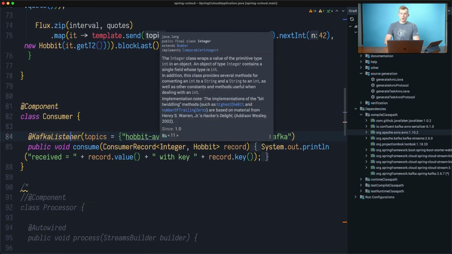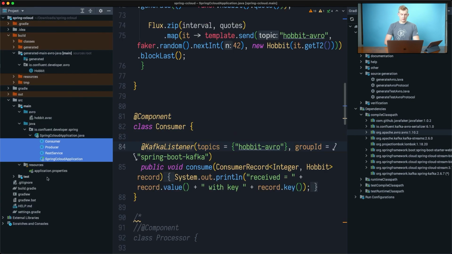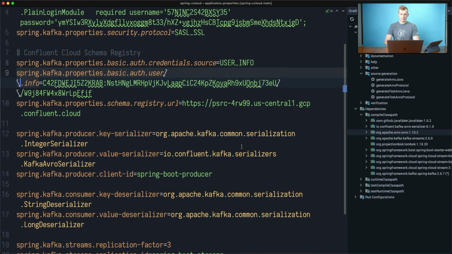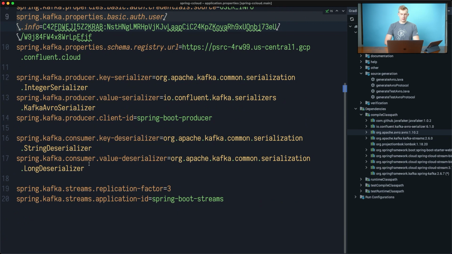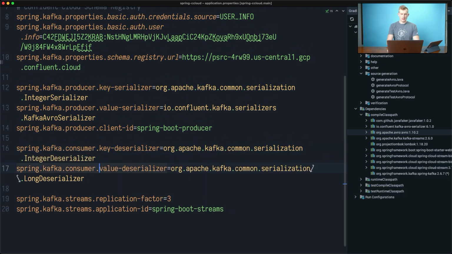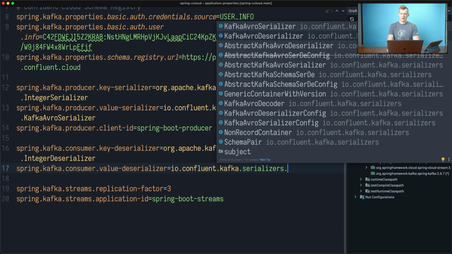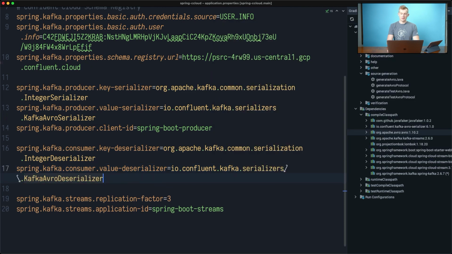After I modify the code for my Kafka consumer here, I also need to change the configuration for my consumer. In this particular case, my consumer was using a long and string serializer, deserializer. So in this case, it's going to be using the integer deserializer, and it's going to be using io.confluent.kafka.serializers KafkaAvroDeserializer.